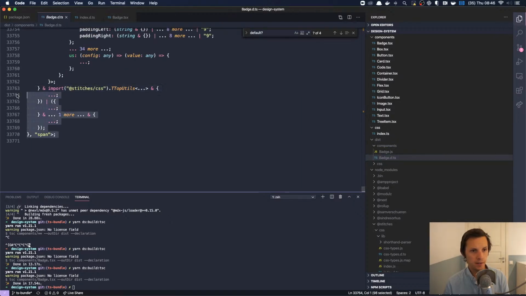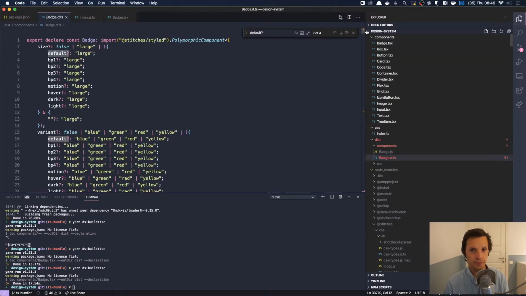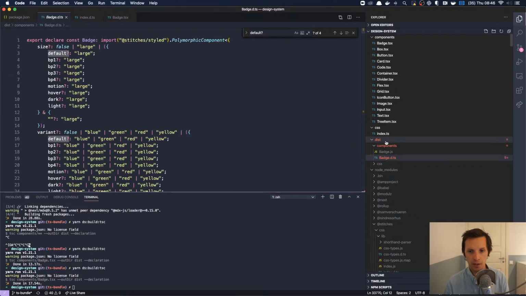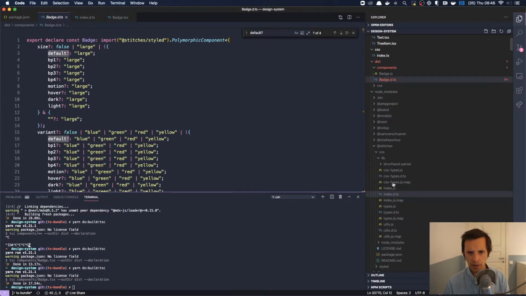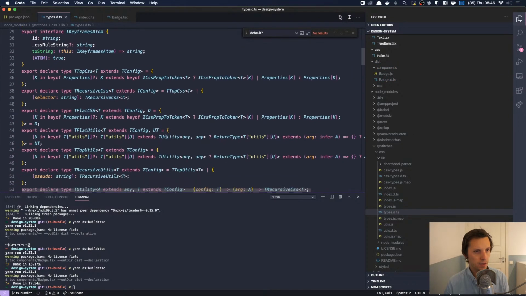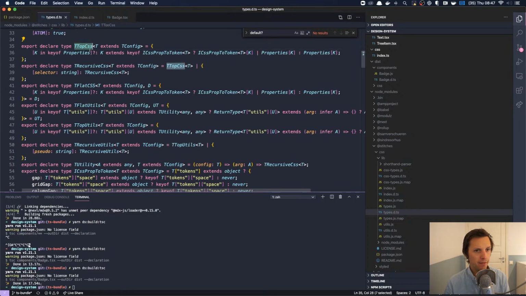Yeah, and you can see it's not even able to add all the typing because it's such a huge file, which is also super interesting. But anyways, now we got all the typing there. So what we need to do is go in here and look at the actually created types. So there you can see we have this.